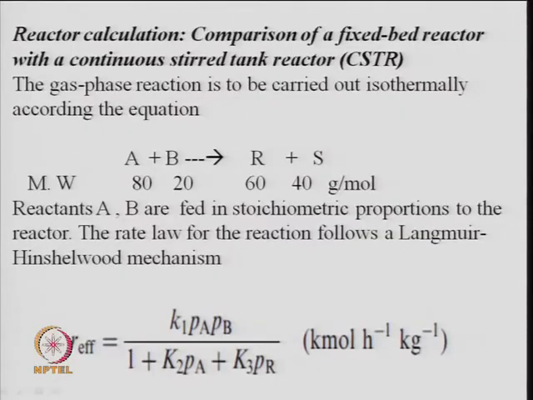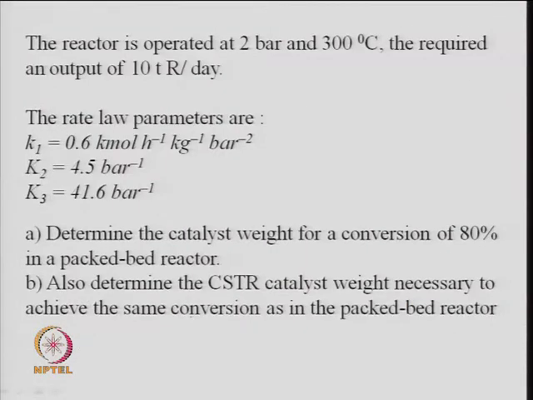So, here it has been mentioned that rate is proportional to the partial pressure of A and partial pressure of B, and species A is adsorbing on the surface, but not B. So, B is in gas phase basically, and PR is adsorbing, not the S. One can very easily write the mechanism and derive this kind of rate equation, which I am not discussing at this point. We assume that the rate equation has been obtained from the mechanism, and rate parameters have been evaluated like this.